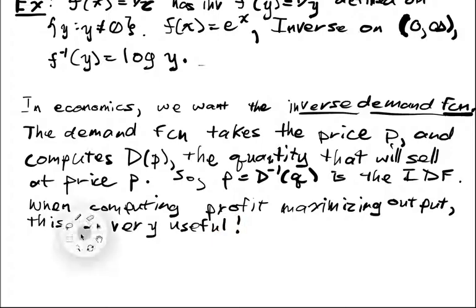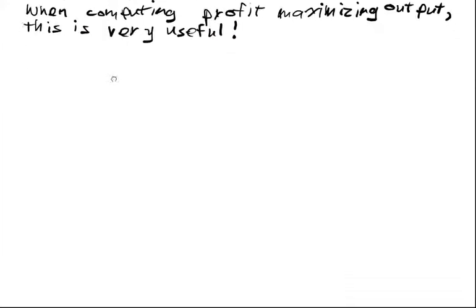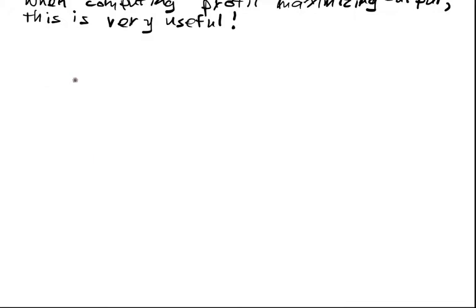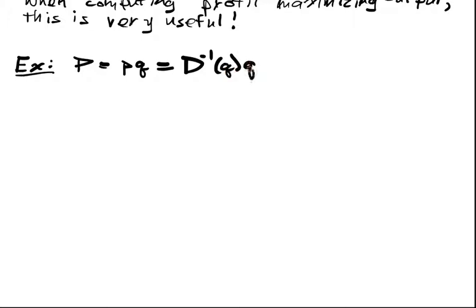And why is it useful? Well, let's give a simple example that we can solve using just one-dimensional optimization, which we should know from calculus. So the example, suppose your profit function, right? So P is equal to P times Q, the price that you sell times the quantity that you sell. So this is equal to D inverse of Q, and suppose this is all a function of Q, and you want to know what Q is, right? Then this holds true. Suppose